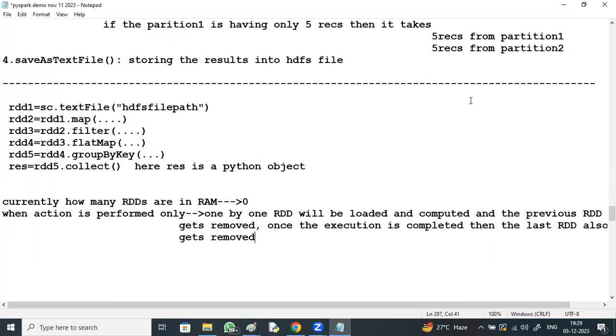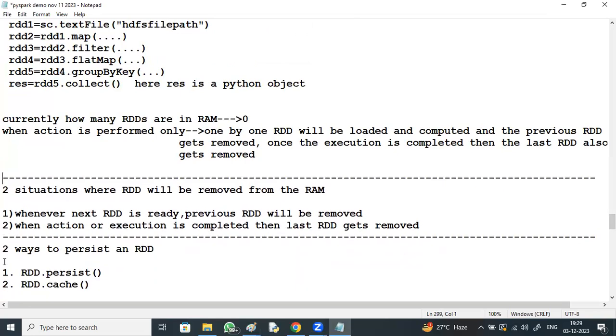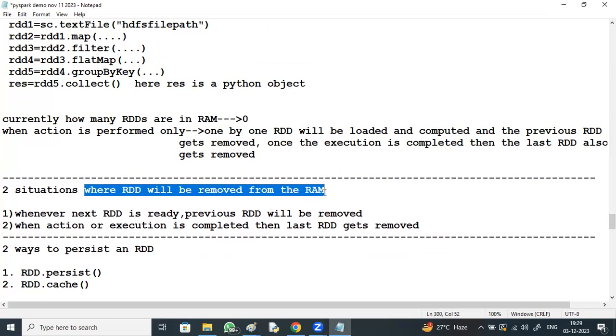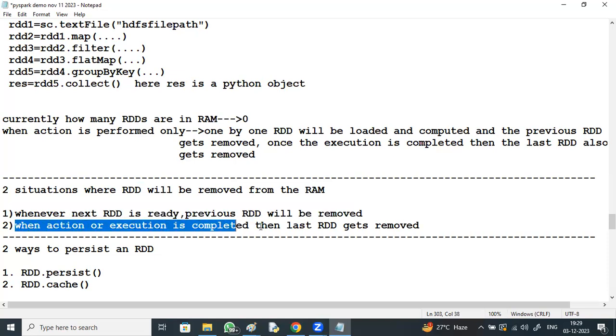Yesterday we discussed two situations where an RDD will be removed from the RAM. What are those two situations? Whenever the next RDD is ready, the previous RDD gets removed. When the action or execution is completed, the last RDD will be removed.